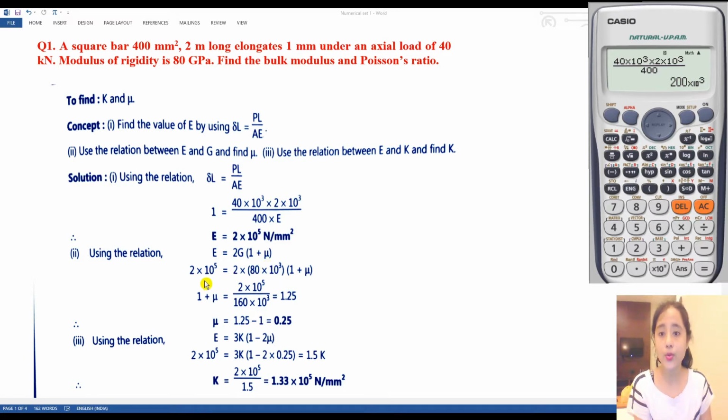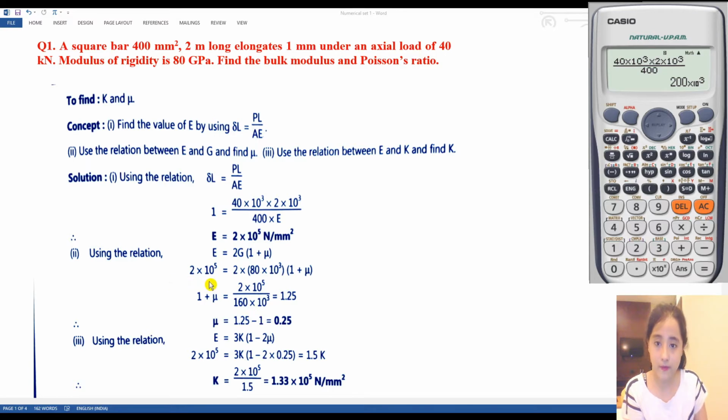Okay, so from the given E that we have found, E is equal to 2 into 10 raised to power 5 equals 2 into G, and G is equal to 80 GPa. So converting 80 GPa to Newton per mm square, we get 80 into 10 raised to power 3, bracket close, then bracket open, 1 plus mu. So we have this one. You can send this value 1 plus mu and get this value, which is E, to the left hand side. So as you do that, this whole value,